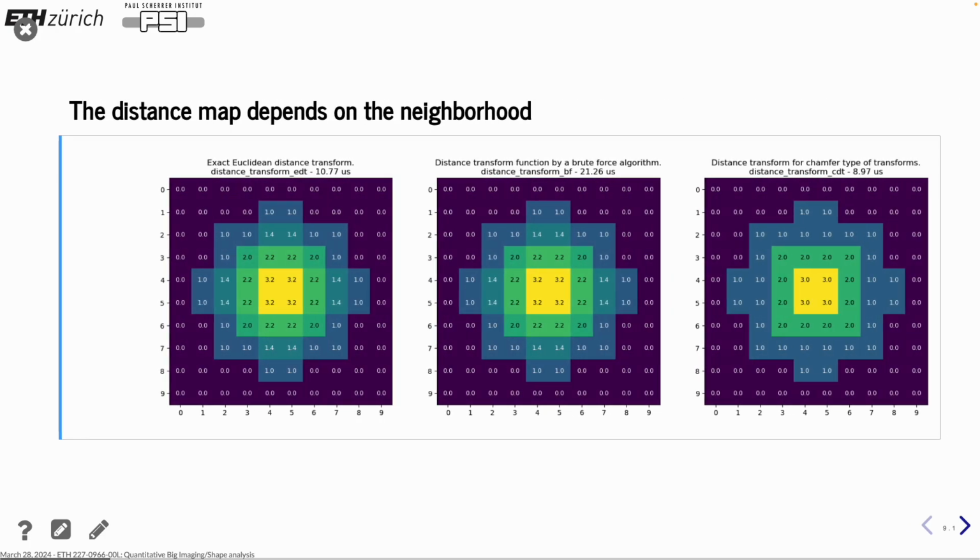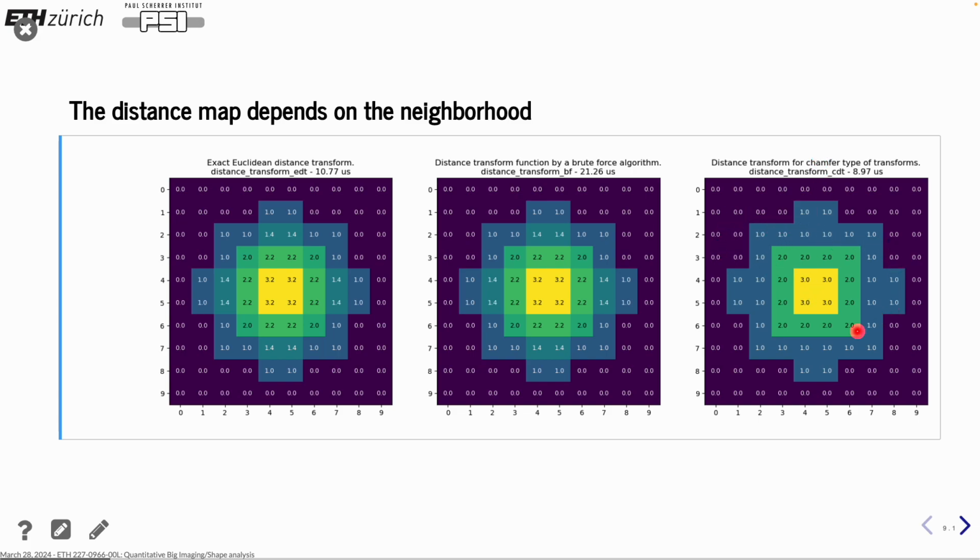And if we look at different algorithms, how to compute it, then you can see that it takes different time. So the exact transform takes about 10 microseconds for this example. If we do it with some brute force algorithm, then it would take almost the double, or even more than the double. And here is another one, which is, say, a smart approximation of the Euclidean distance,